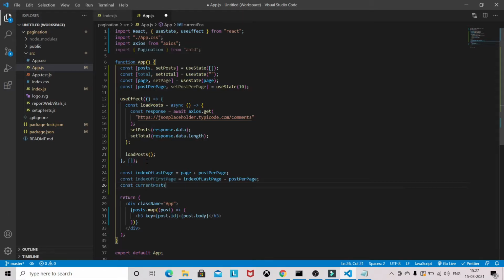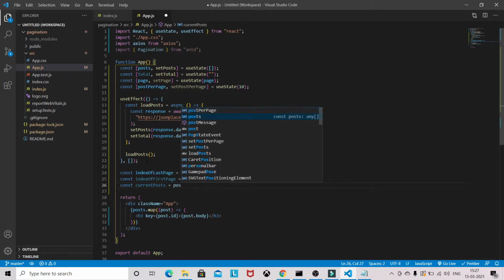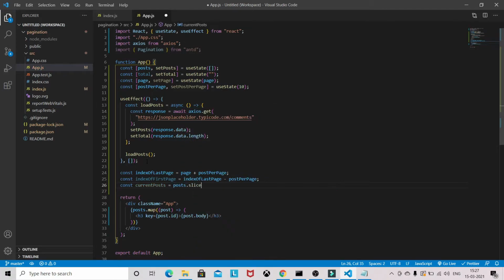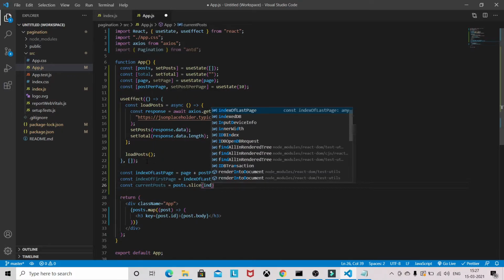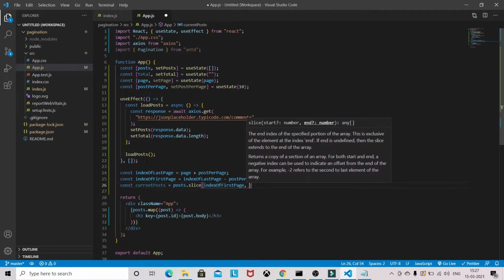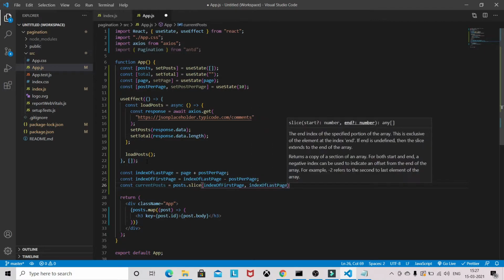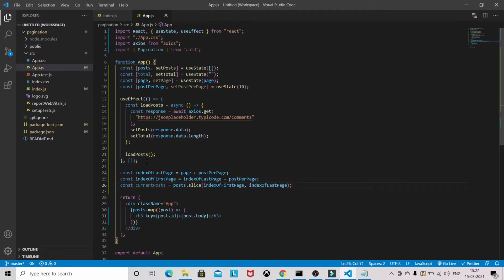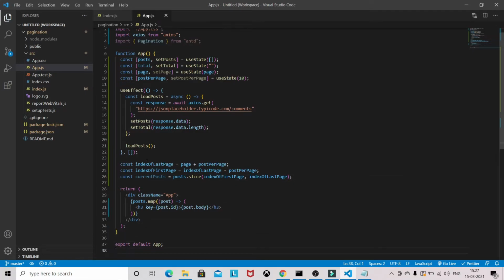Then const current post, which is the posts sliced between the index of first page and the index of last page. This current post we now have to use here.